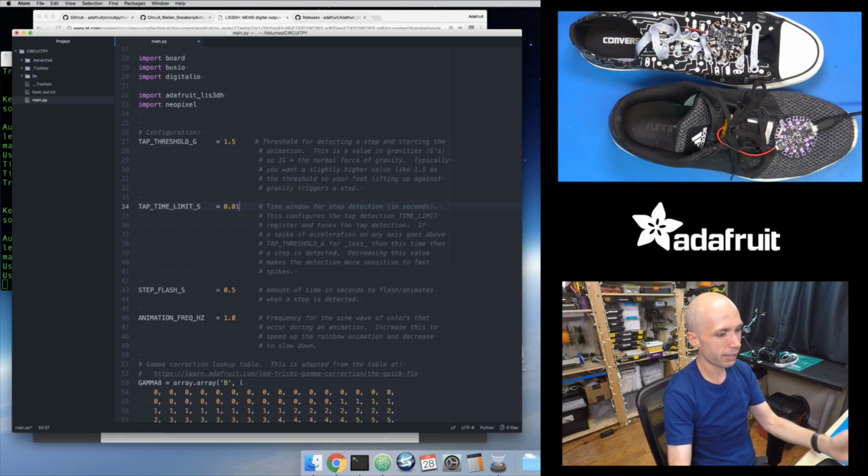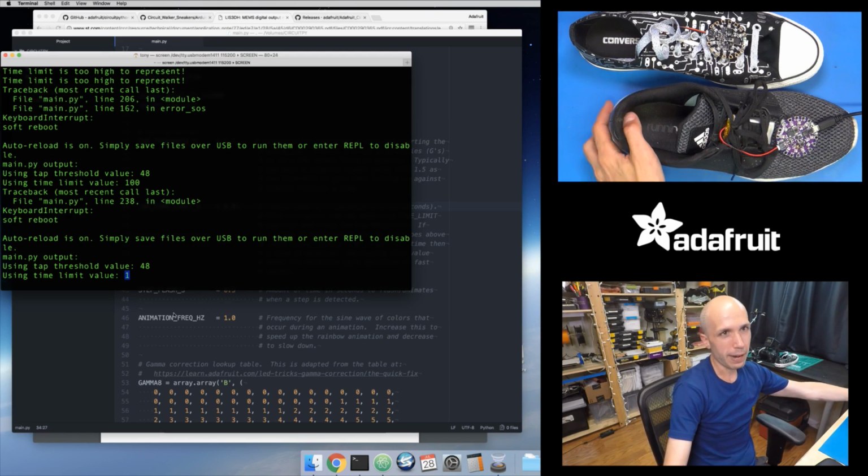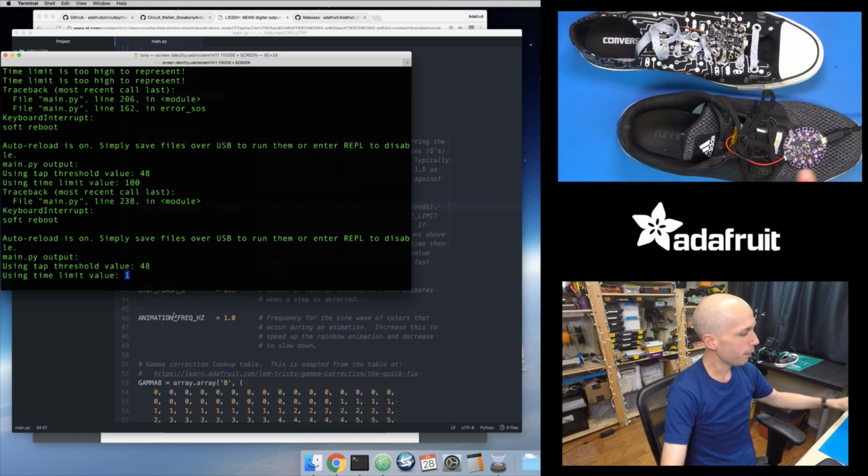Like if I set this to like a 1/10 of a second, let's save that and see what happens. So this computed a time limit value of 1. So this is like the lowest value it can represent. And it actually might be a window of time that's larger than a 1/10 of a second. So I'm picking the smallest window of time that can represent at least the value that I want right here. So this is using kind of the lowest value. And this just kind of means it needs to see a really fast, sharp